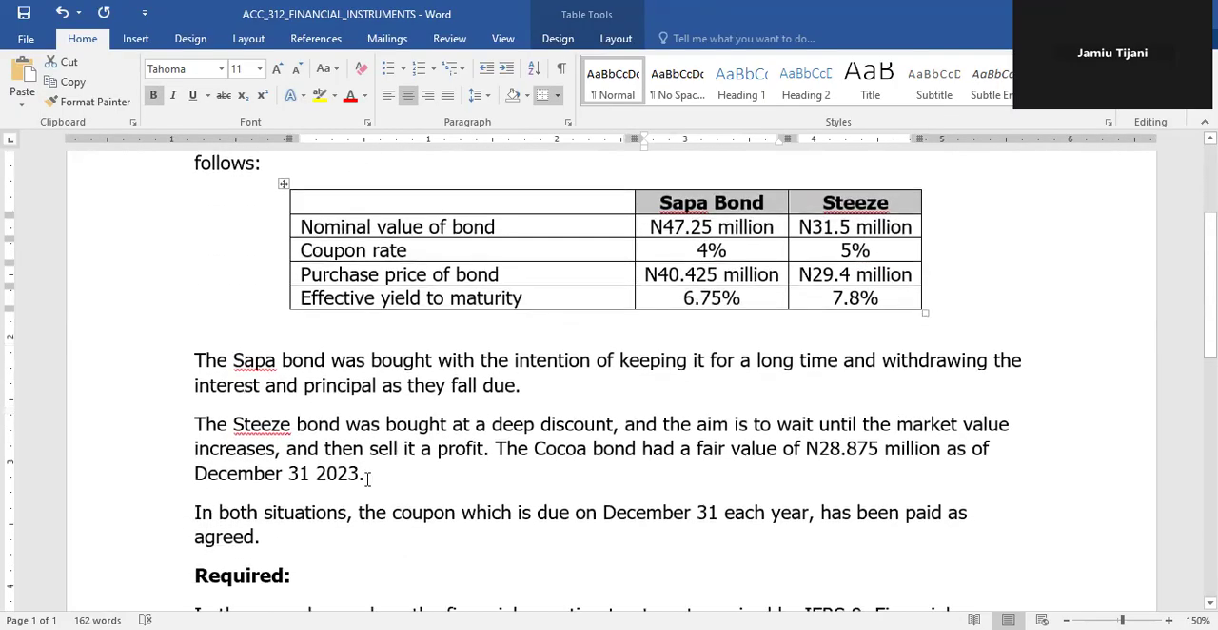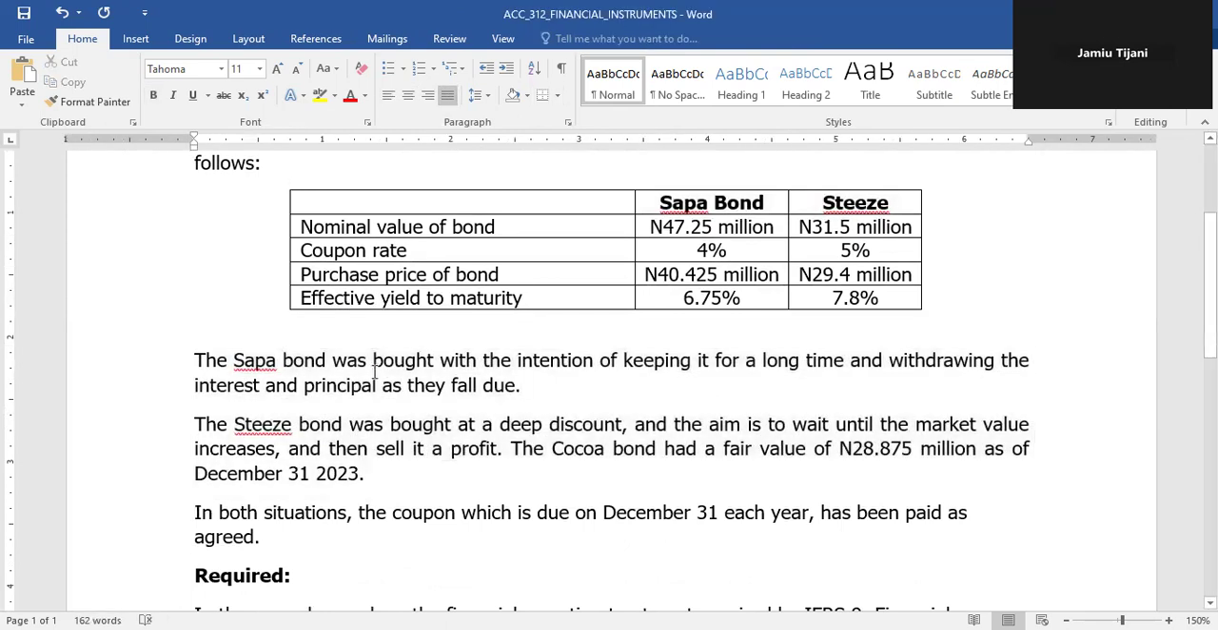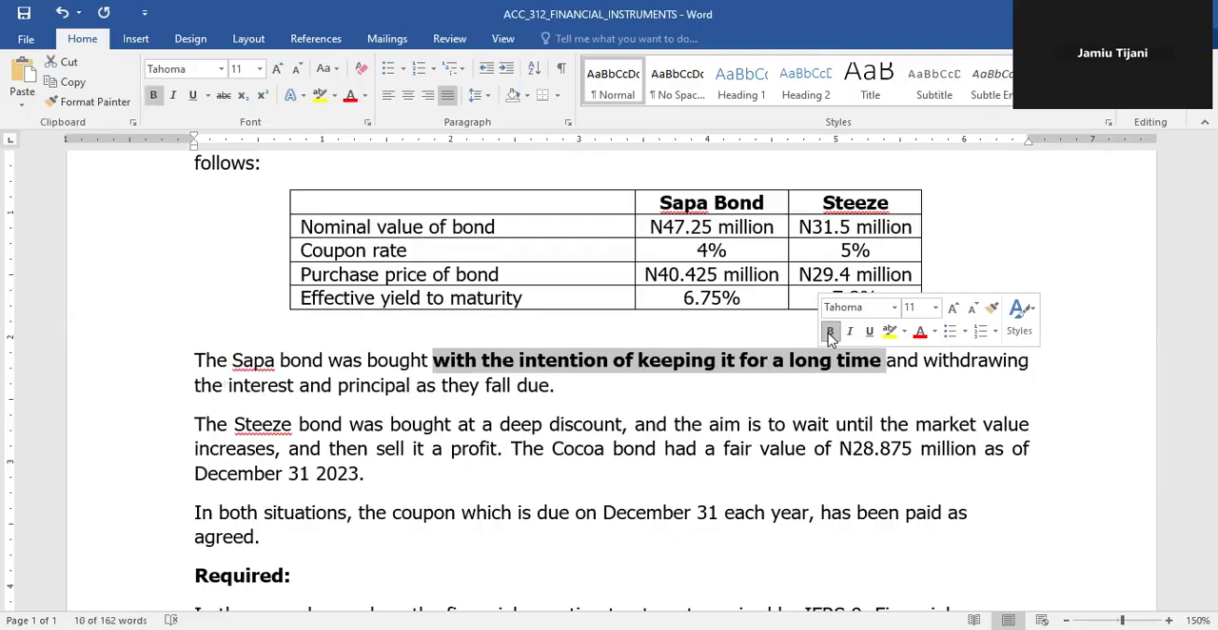We are also told by the question that the Sapa bond was bought with the intention of keeping it for a long time and withdrawing the interest and principal as they fall due. I want us to pay attention to this statement: with the intention of keeping it for a long time. That's the defining attribute of that bond that will guide us as to the treatment we are to apply. However, the Steeze bond was bought at a deep discount, and the aim is to wait